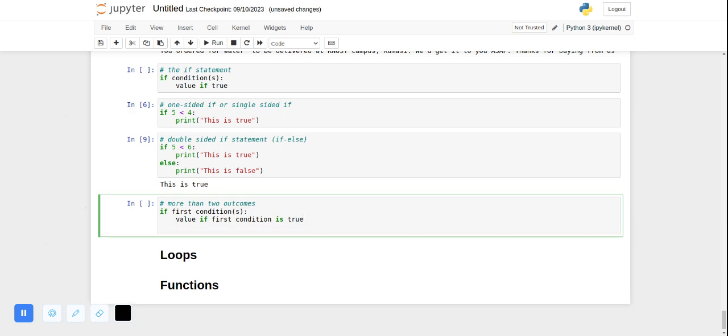And then instead of doing else, you do elif. That is a combination of else and if. So elif, not else if, elif. Then elif, just like you did. So it is else if, a combination of else and if. Just like you did the if, then you give the second condition,